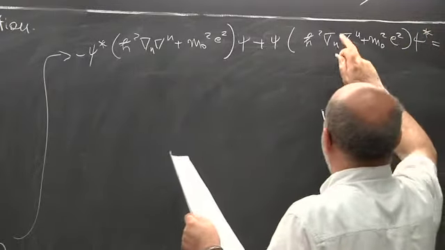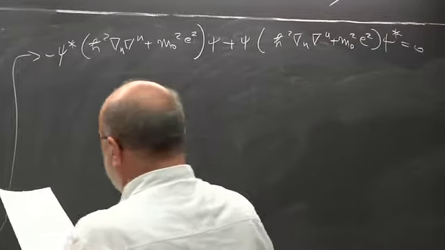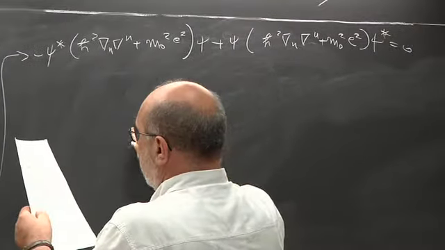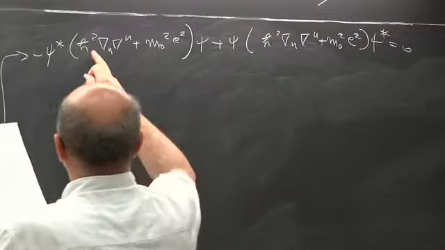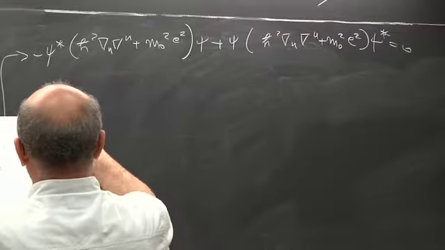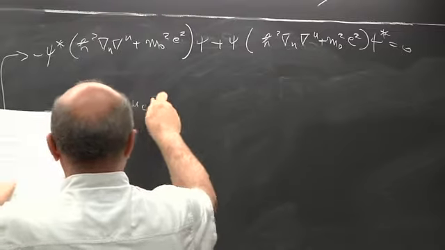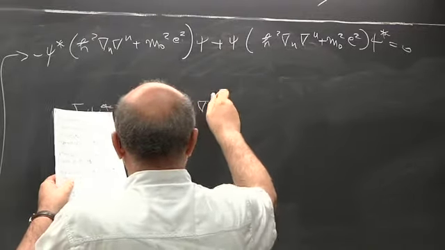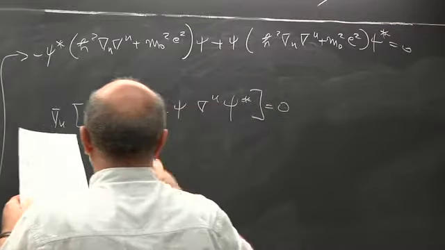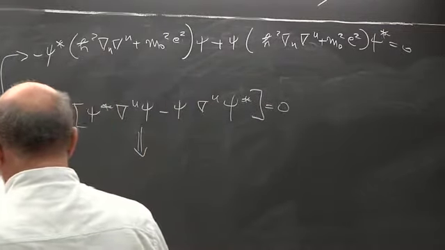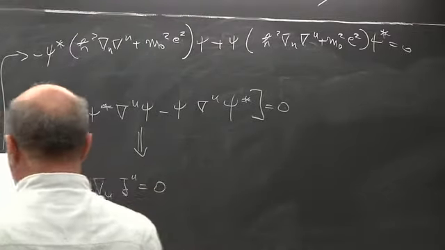this is the gradient, the symbol for the gradient, okay, and this piece cancels with this piece, and if you neglect the h square you get the following equation: d mu psi star d mu psi minus psi d mu psi star equals 0, and this can be written as d mu j mu, where j mu